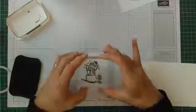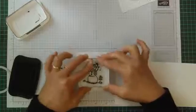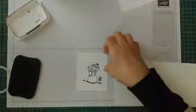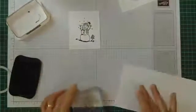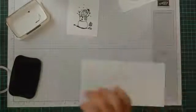And then I'm just going to pop him down. I just want to pop him in the middle of there. So it doesn't really matter, as long as he's in the middle. And I'm lucky that's going to be covered up. So I'll just let him sit there and dry for a minute. And then I'm going to grab